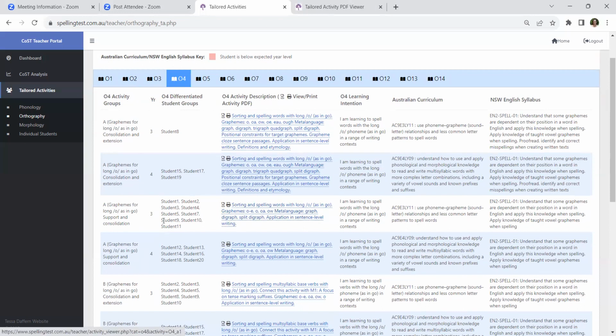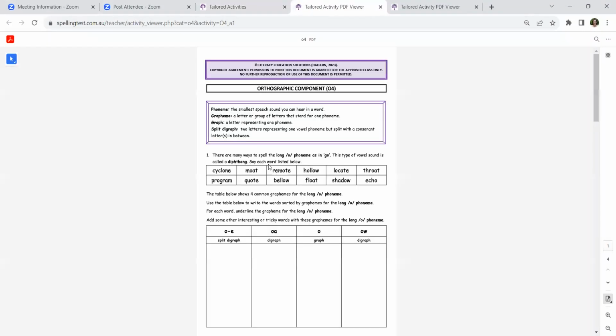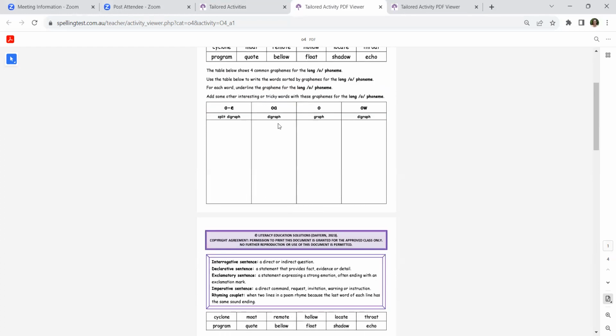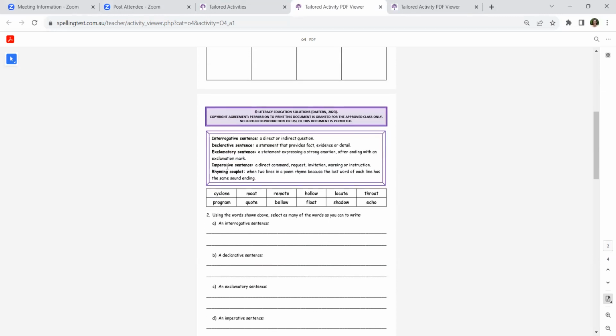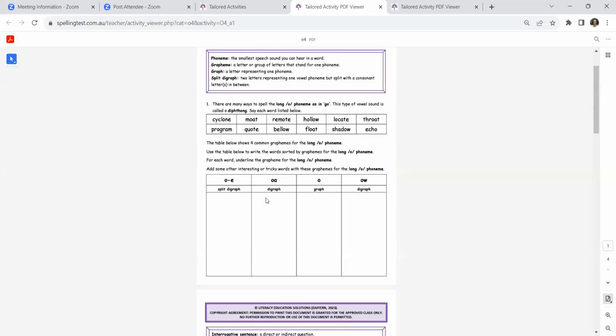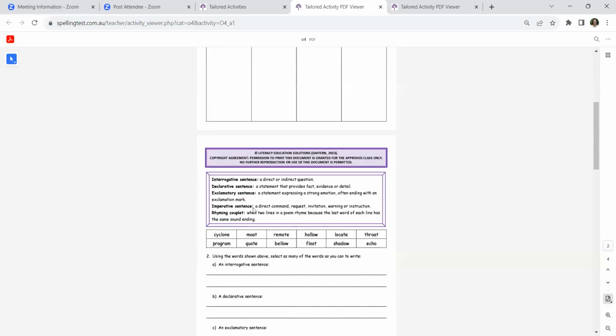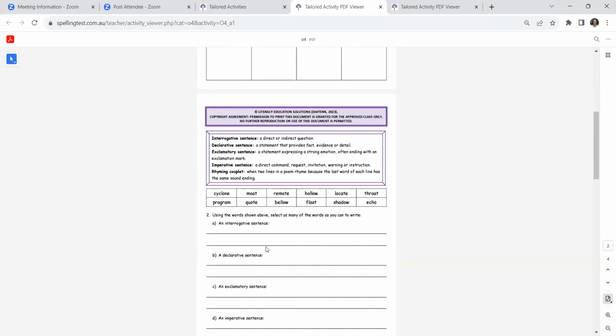So if I show you, I'll click here as an example. What I generally have done is, if it's an easier support and consolidation task, you'll probably see fewer words. Maybe some of the words might not be as complex. They might not be as long, just one or two syllable words, maybe fewer graphemes as well. So the cognitive load is a little bit more controlled to support the students. Here is an example where I'm asking the students to use some of those words that they've sorted by grapheme